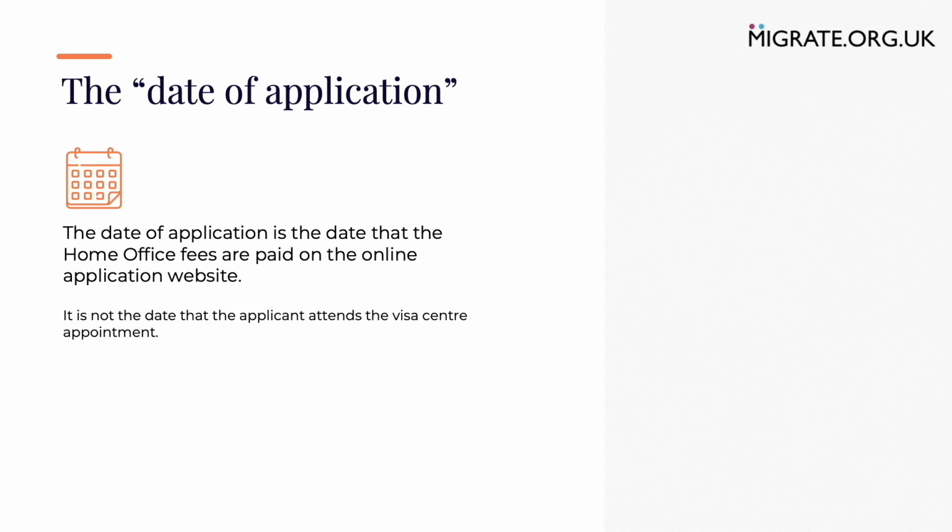And contrary to what some partners would initially assume, it is not the date that the applicant attends the visa centre appointment. And on a slight side note, what is relevant about the date that the applicant attends the visa centre appointment is that it is this date on which the processing time will start. The date of application is incredibly important to know because, firstly,